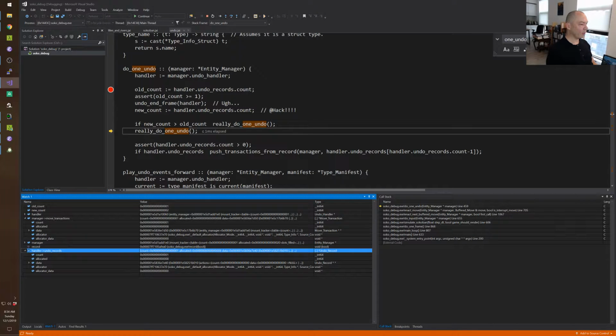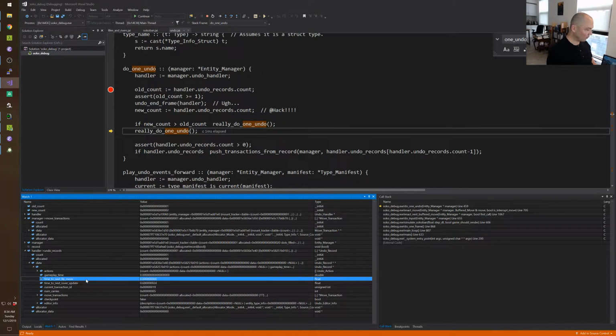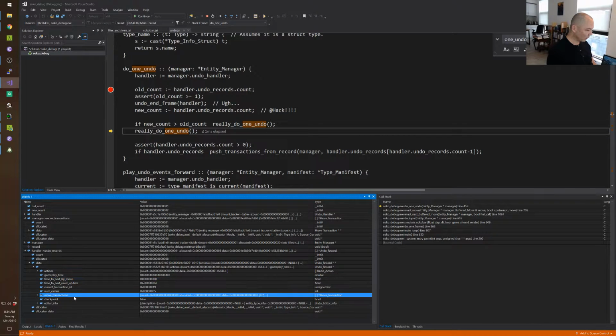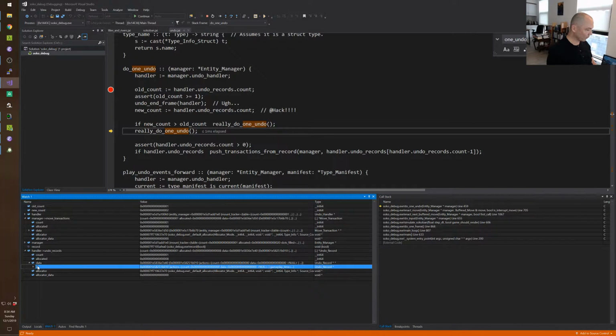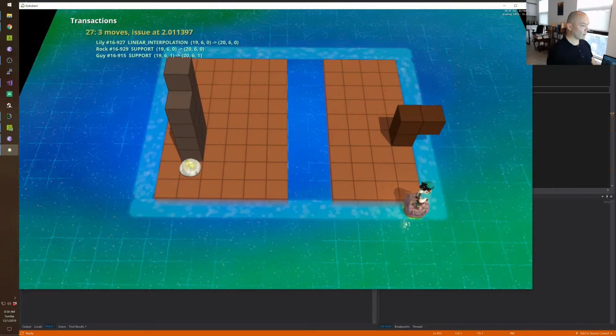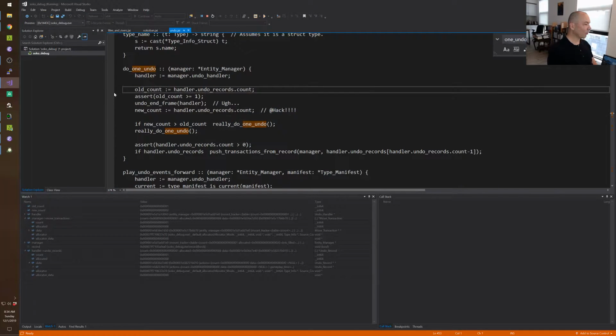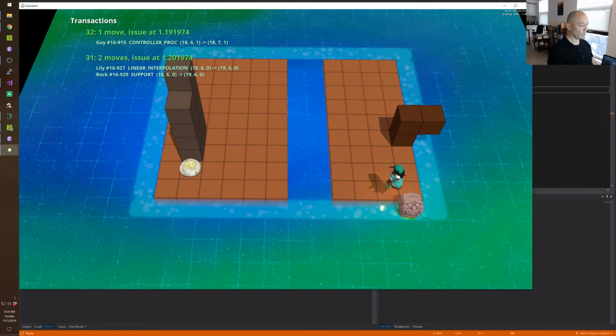So this is like the move that was happening. But then this is the initial move. And it's going to roll back this undo record, which has a time to next lily move of 0. Right? Okay, so when we roll that back, it should work. So I wouldn't be that surprised, right? So it works. Okay. So now, why is it different when I jump off